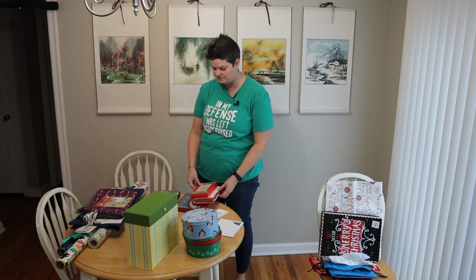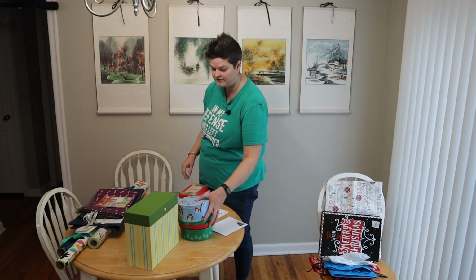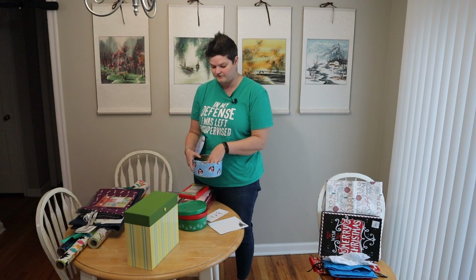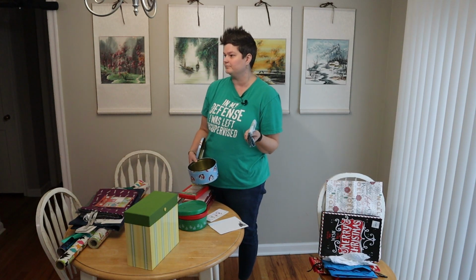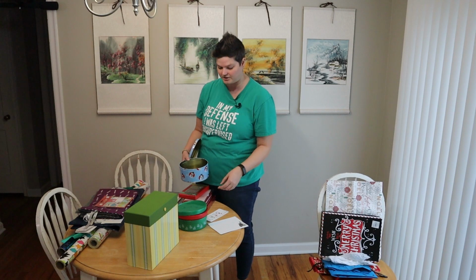And then these are Christmas cards we were starting into. And then these are tins for food products and whatnot. And some paper, holiday paper. It's not paper. It's like a wax wrap for food. It's food stuff. Anyway,